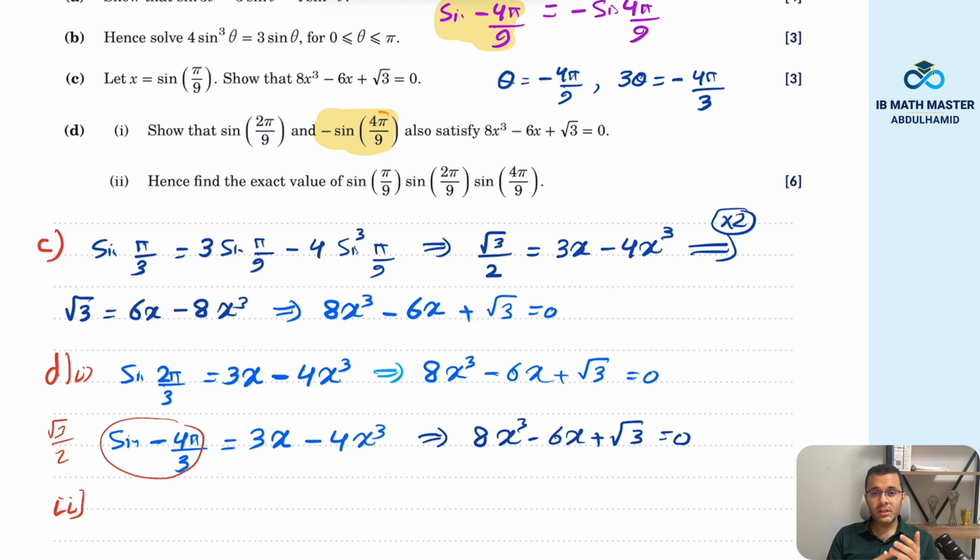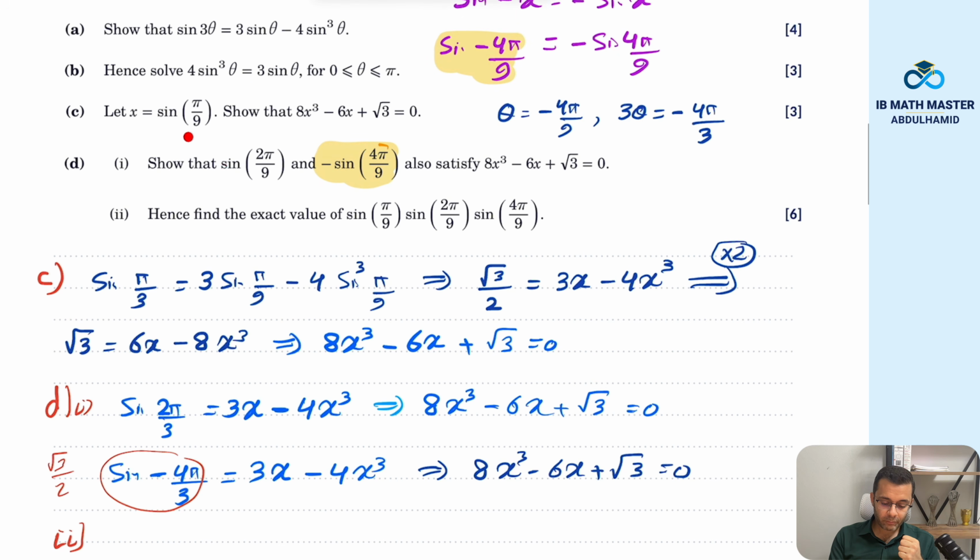See what we did in part C and part D1. We proved that sine pi over 9 and sine 2 pi over 9 and negative sine 4 pi over 9 all satisfy the same equation, which means they are roots of the same cubic,